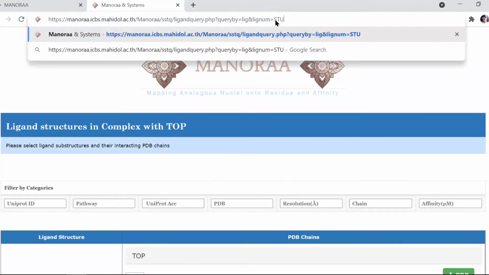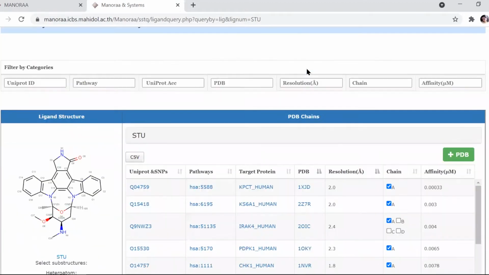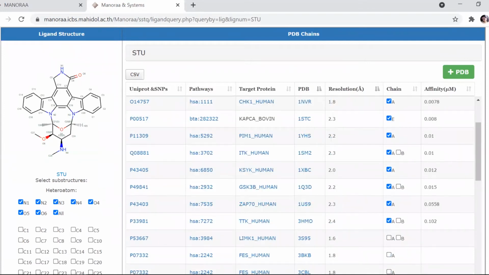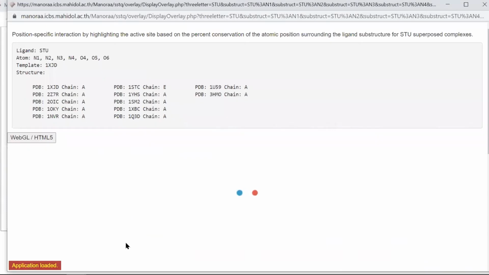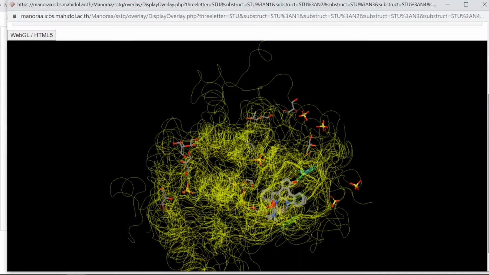So let's go back to staurosporine. Here you can see these panels are the staurosporine, and these are the atoms that will be used for superposition. The default is heteroatoms, but if you want to superpose more precisely, you can roughly estimate the core structure of the ligand by clicking on structural conservation. In structural conservation, it will superpose all the structures with that ligand on the list of atoms that you input,